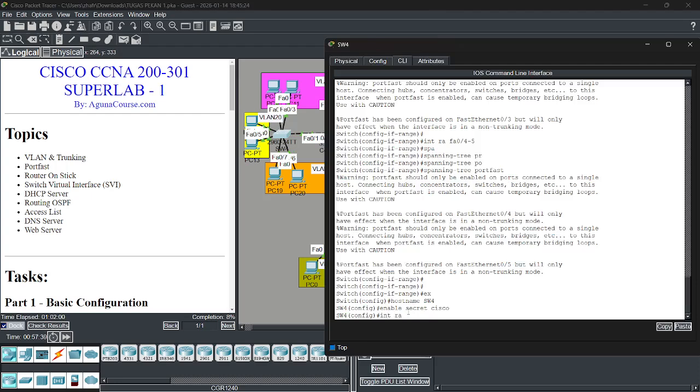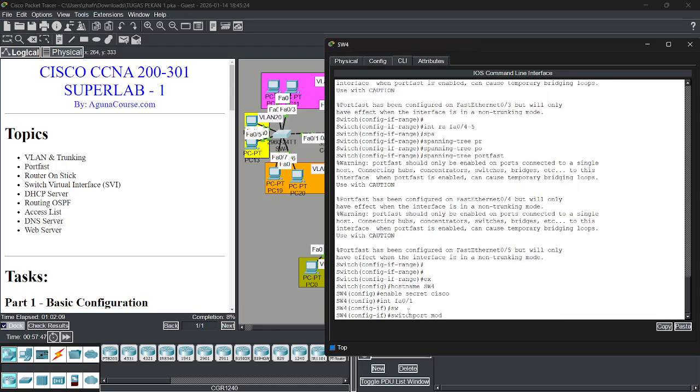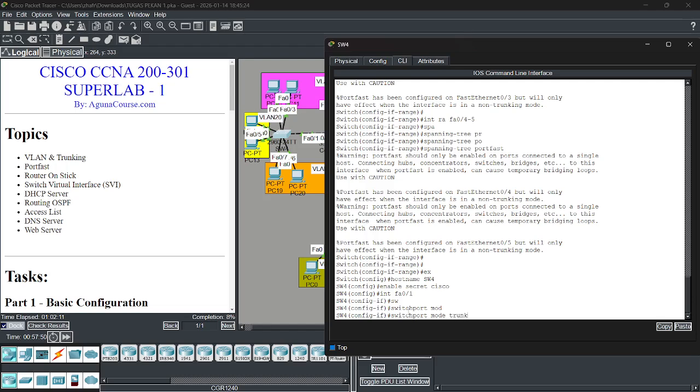Okay. 0/1 is switchport mode trunk. Okay,